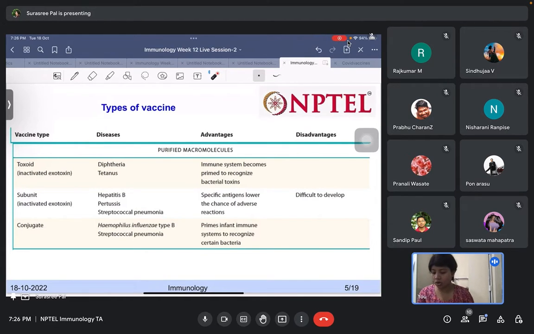So that is a toxoid. A toxoid is nothing but an antitoxin, and what is done is that this particular exotoxin is purified from the bacteria, and then it is inactivated with formaldehyde. Then it forms this toxoid,